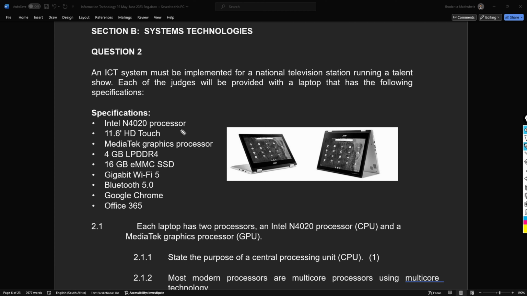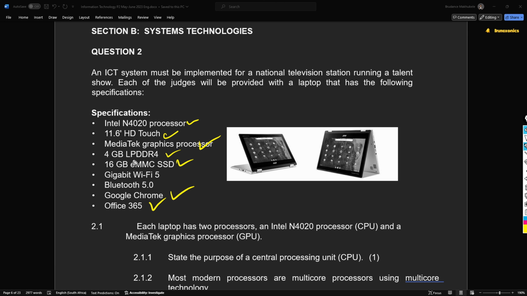So we have the 11 inch or 11.6 inch here, HD. We have the processor, we have the graphic processor, 4 gig LPDDR RAM, SSD hard drive, which is very good, by the way, better than the hard disk. Okay, so the gigabit Wi-Fi, and then Bluetooth, Chrome for browsing,